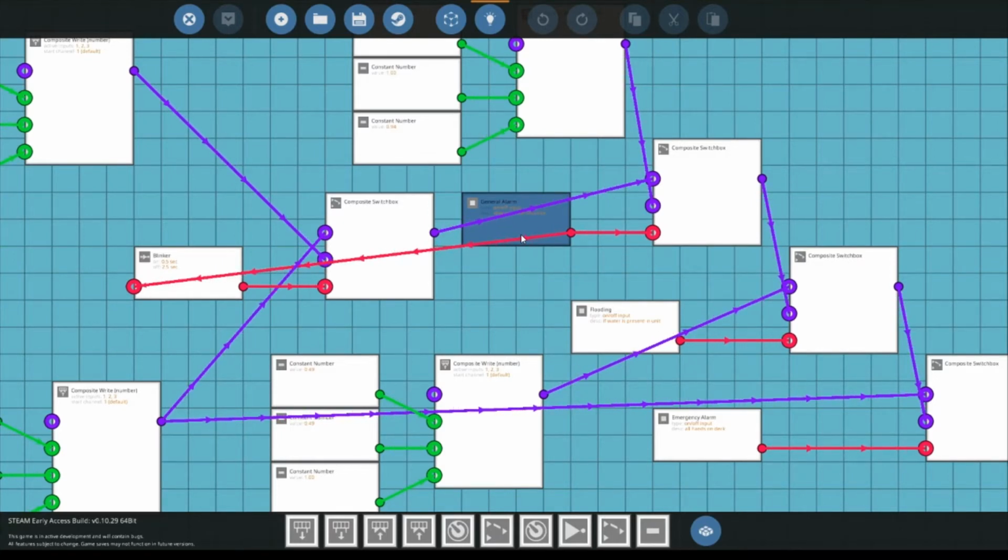Obviously, there's not a station's alarm in this sort of situation, so we don't have that. Emergency alarm means get everybody off the ship as immediately and as safely as possible. General alarm is the exact opposite end of that spectrum. It means keep in mind that situations are occurring on the ship,